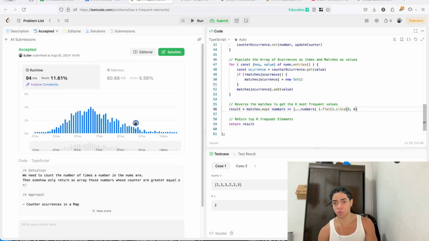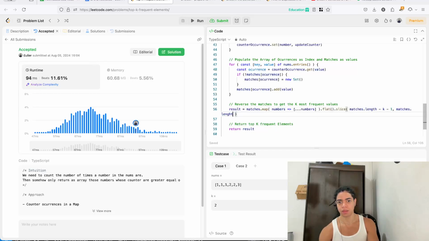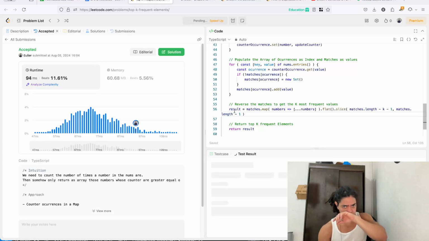where we want to get the k elements, which is matches.length minus k minus 1, and then matches, I think I put it, matches.length minus 1, and I think it's going to complain about this. All right, so when we run this particular code this time,